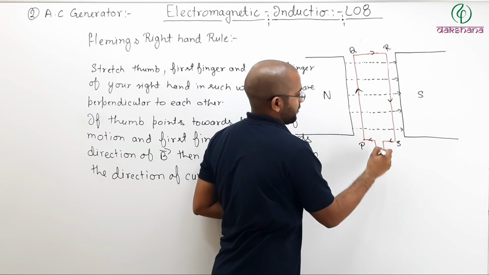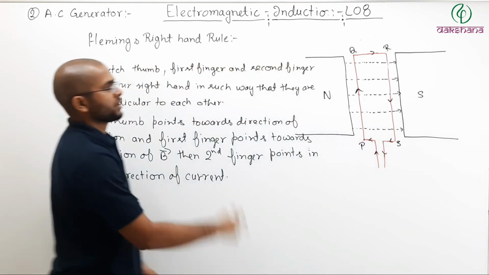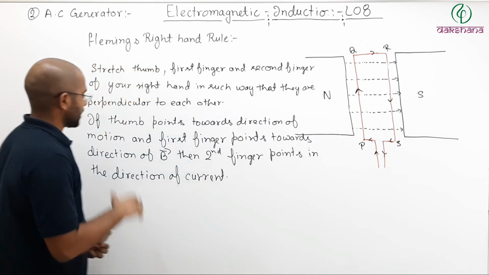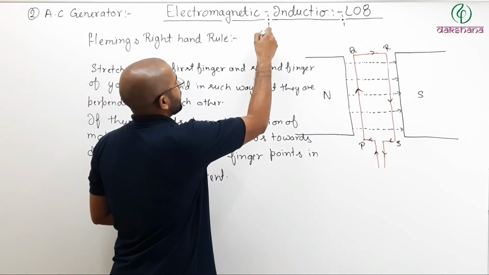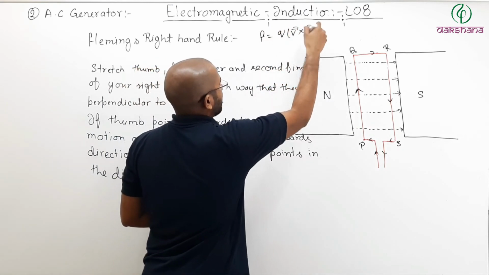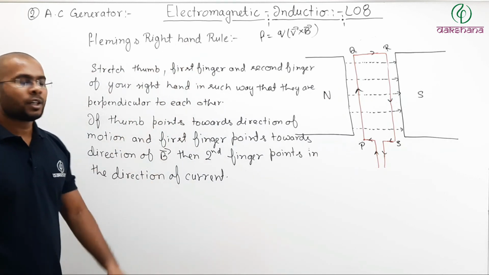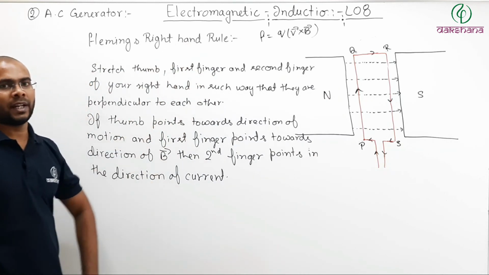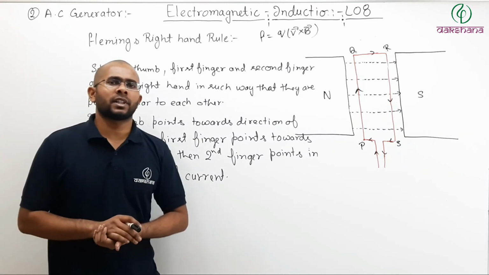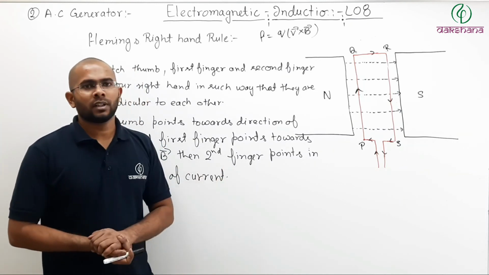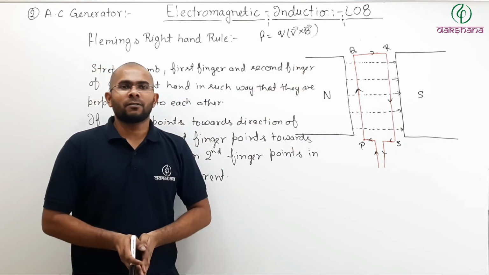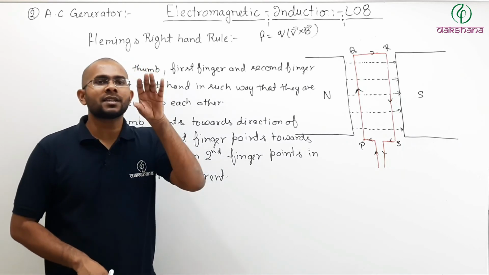And if you remember, we had derived the same thing by using F is equal to Q times V cross B. So your right hand rule is nothing but a derivation of what we have already studied, that force is nothing but Q times V cross B. So if you remember that, you need not remember this in order to find your direction of current. There are multiple ways to find the direction of current. There is right hand rule, there is this, there is Lenz's law. On the basic level, all of them work on the same principle.